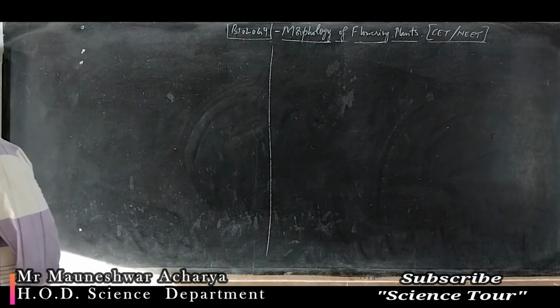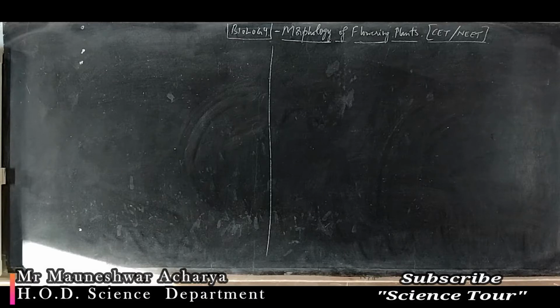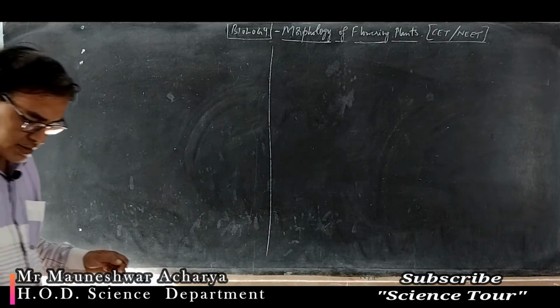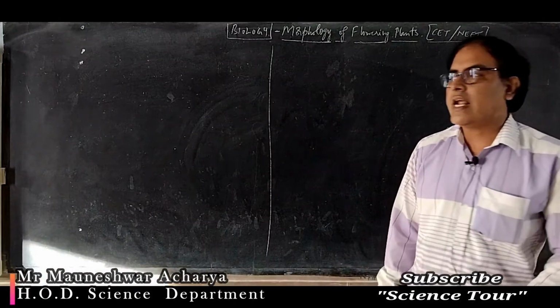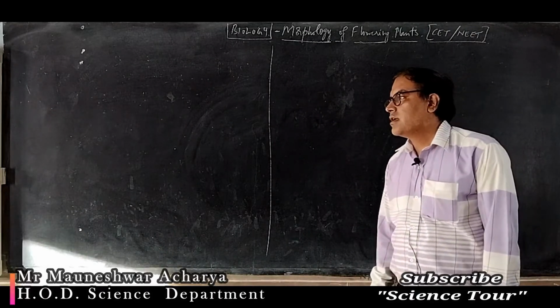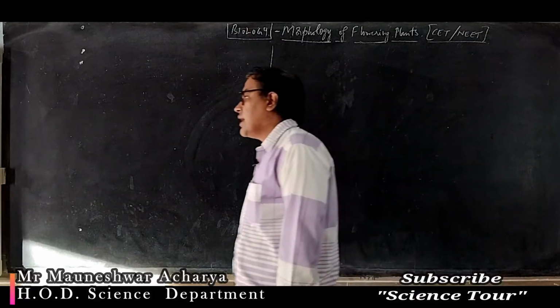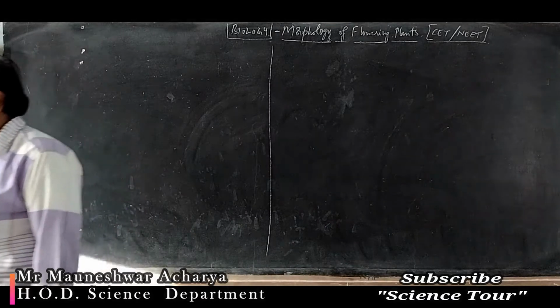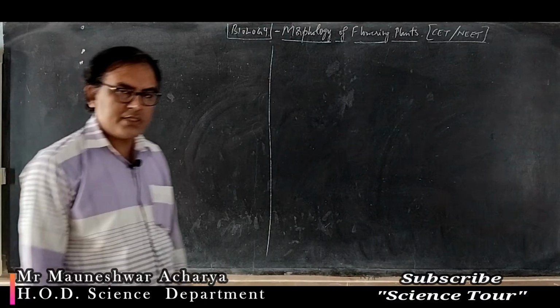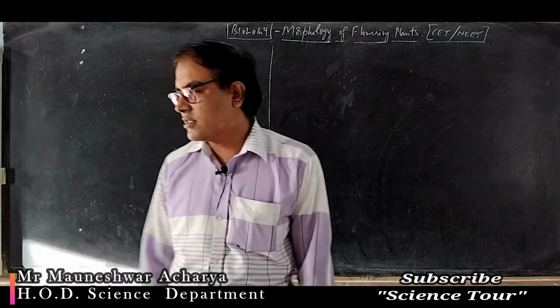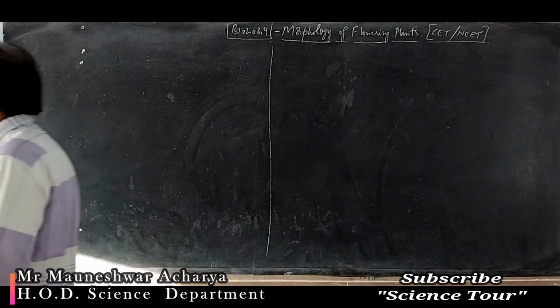Then grass, banyan tree. Banyan tree, that is aladamara. In these particular plants, the roots arise from parts of the plant other than the radicle. So those roots are called adventitious roots. All these things you have studied, correct? Then what is the function of a root?